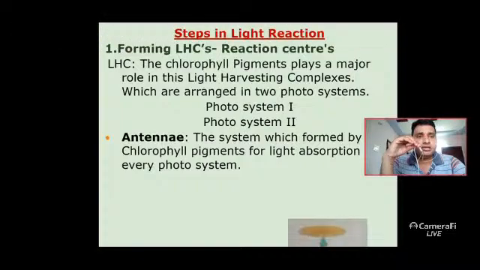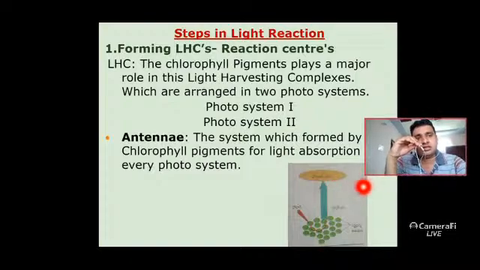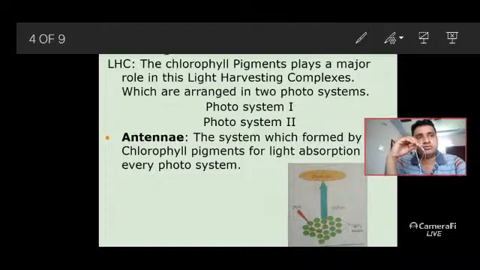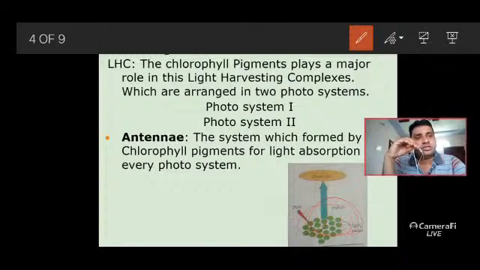So you can understand by this small photograph. You can see here some green color is there now. So I will explain to you. See, particularly these green, small drop-like structures are there. These are called chlorophyll pigments. So these chlorophyll pigments are together formed, that means all chlorophyll pigments are together formed as an antennae. So this antennae, what is the role of antennae? For absorbing the light